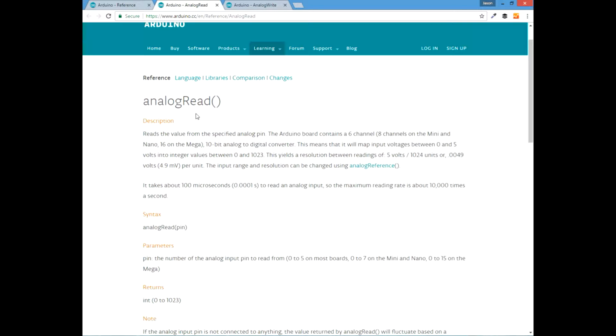What the Arduino board does is it will read the raw voltages and convert them into a number, and it corresponds, for example, 0 to 5 volts into a number between 0 and 1023. So if you were reading a value and it was 5 volts, the reading would come out at 1023, and vice versa. If you're reading 0, it would read 0, and if it were something in between, you'd get a number in between at the same percentage. If it was 2.5 volts, that's halfway in between,